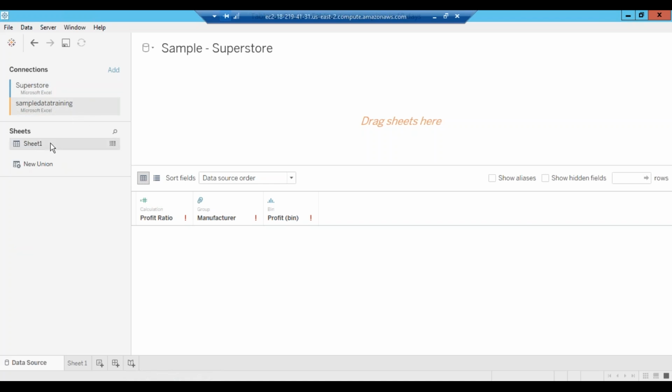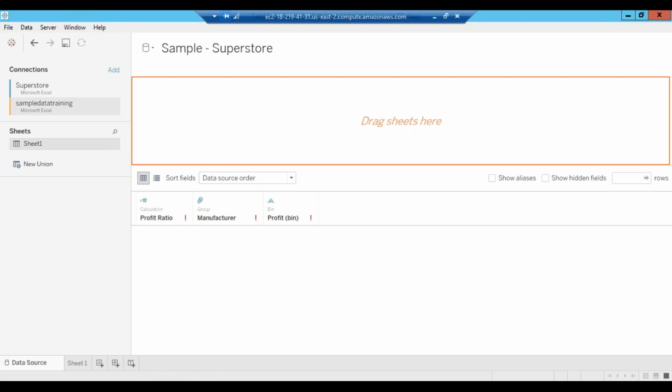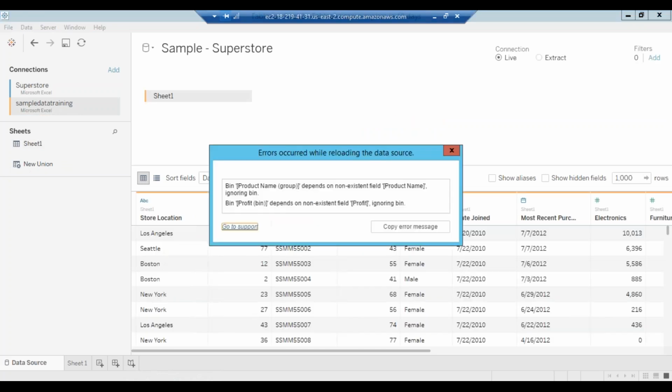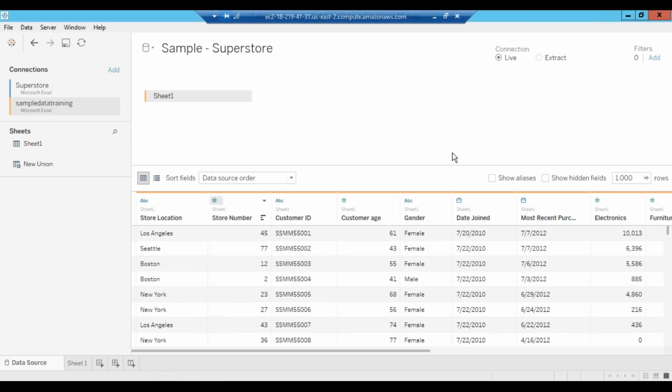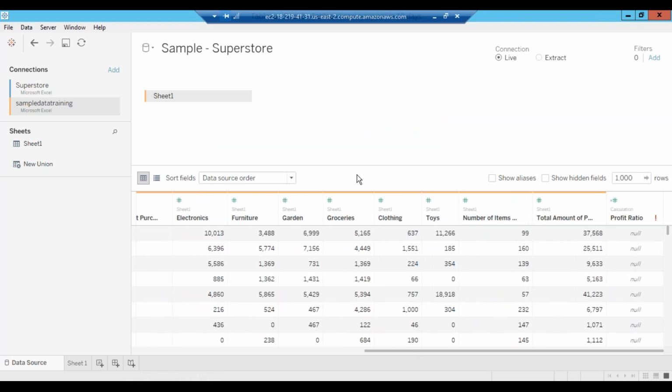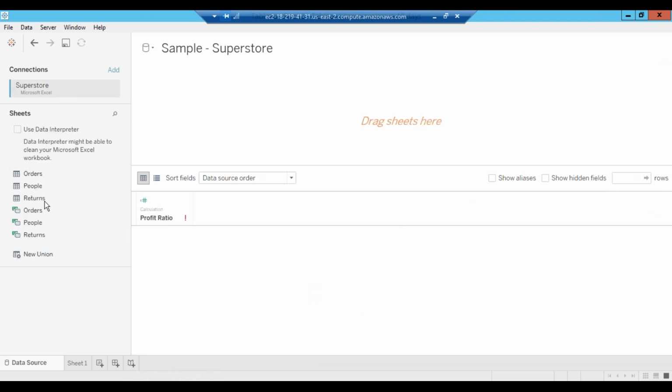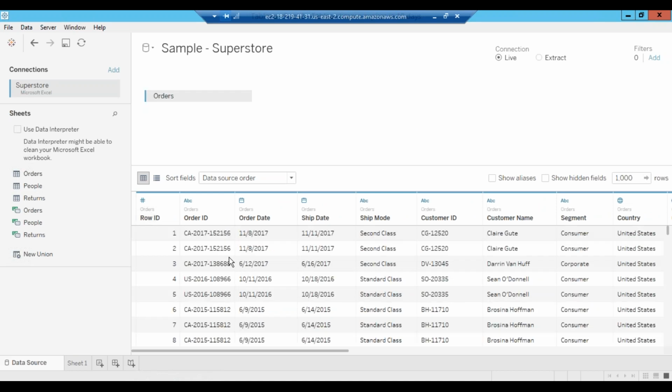I'll drag it here, and these are the columns coming from the new sheet, the new table. This way we'll be loading multiple tables. As of now, this is just an example, so I'll remove it and we'll work on Superstore. Just drag it here. Here is your data.